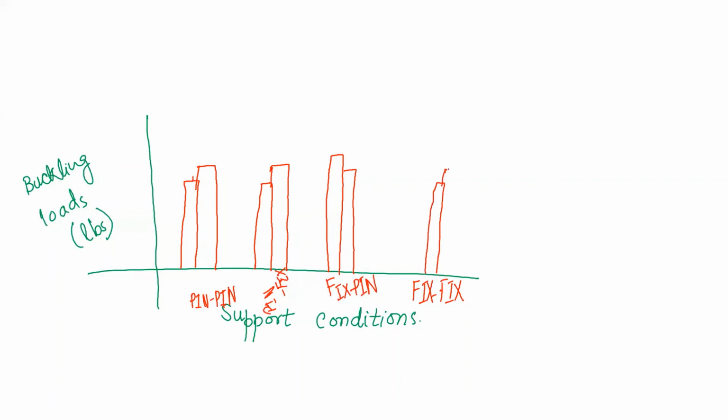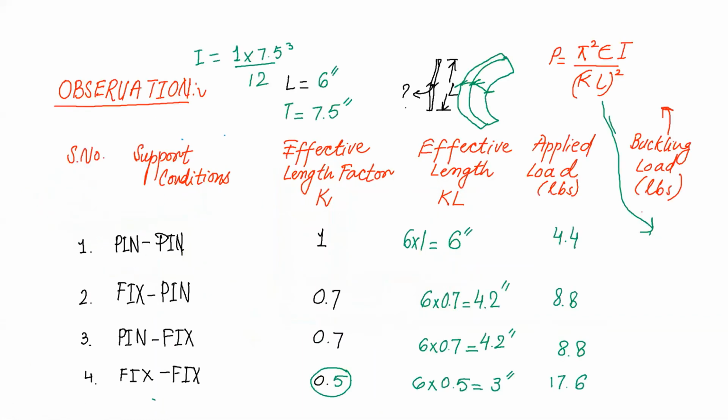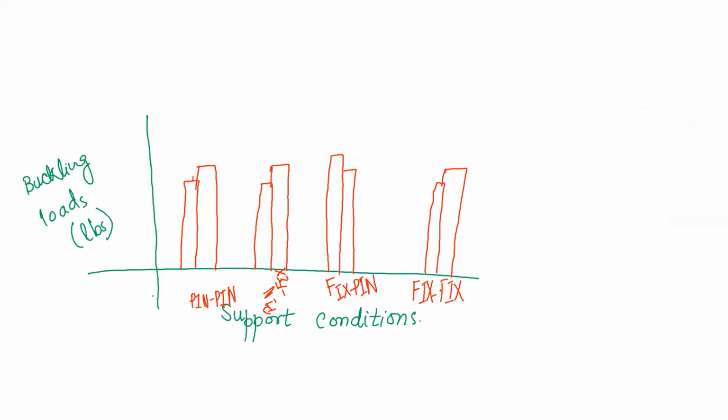What columns do you have to consider for this graph? Let me show you: this one column, support conditions, and these 2 columns, applied load and buckling load. Let me write it down: A for the graph, B, and this is C. You have to make 3 columns on your Excel sheet, and then draw this histogram yourself. I'm just giving you an idea. I'm not going to draw it myself in Excel. I hope you understand.